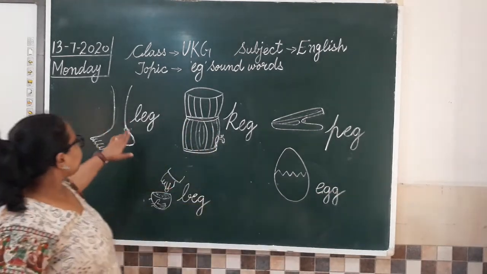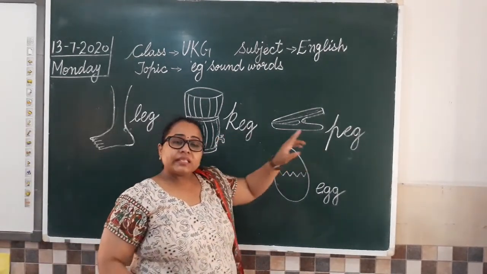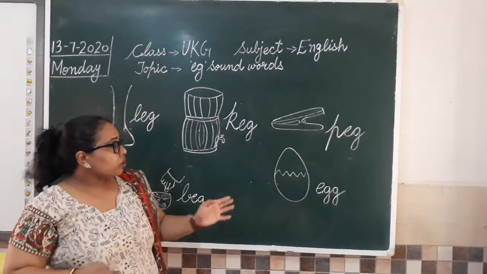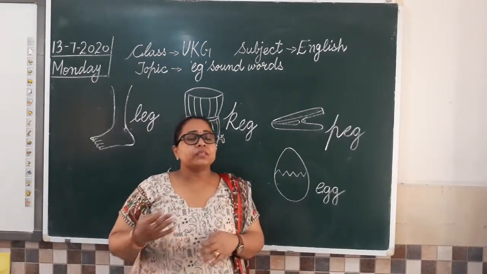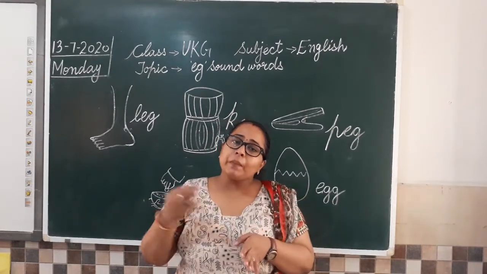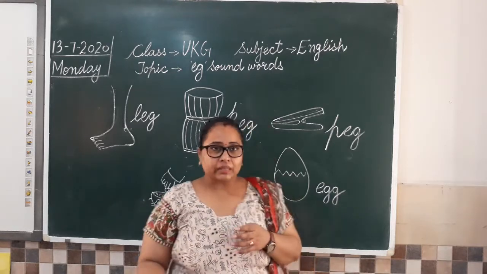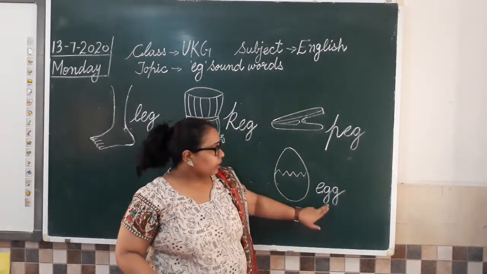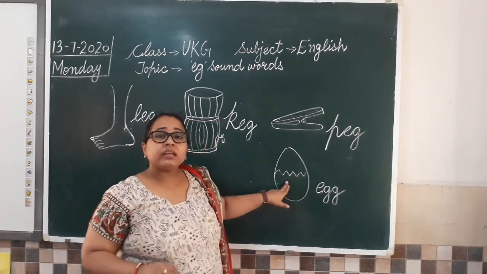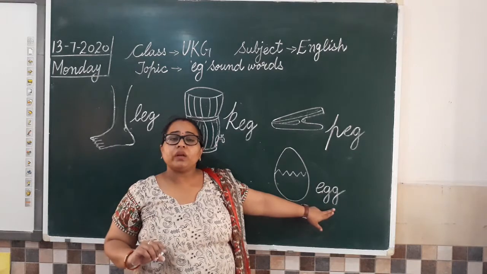Again, I'm going to repeat l, b, g, p. ये sounds हमने क्या किया था? Egg sound से पहले यूज की हमने, right? So it is not compulsory कि कोई भी sound के पहले ही हम letter लगाएं. It can be afterward also. Sound के बाद में भी consonant का sound mix करके blend करके हम words को बना सकते हैं. So that is what I have done here. Egg sound के साथ हमने g को merge करा and we got egg sound. Egg sound के साथ g mix किया तो what we got? Egg.